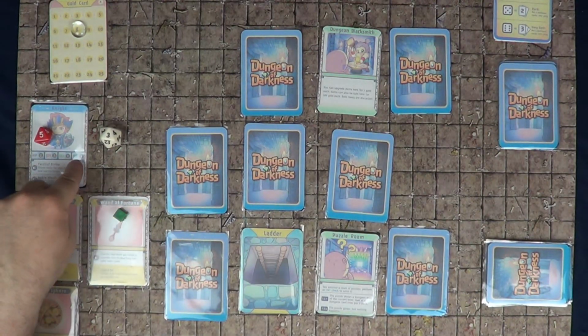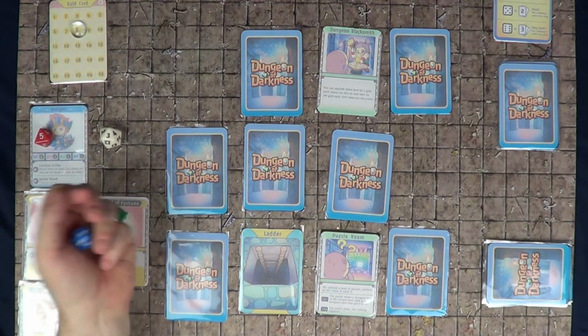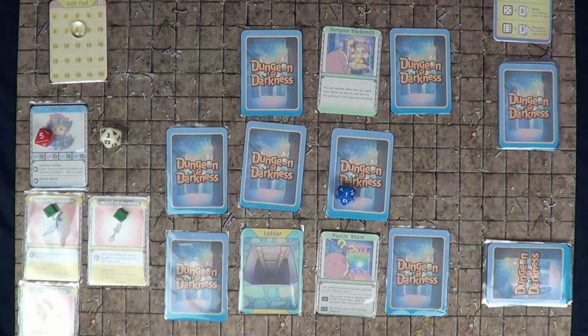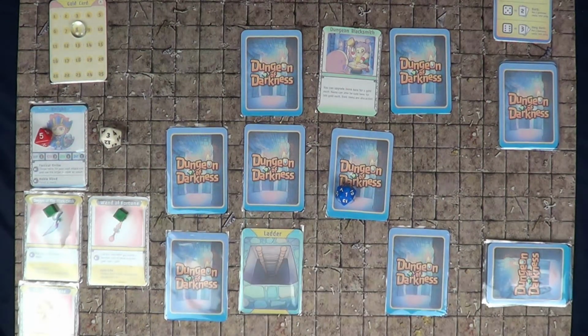And we can add 1 to our intelligence. So we need a 14 or more. We get a 1. So we see nothing. The puzzle glows, but nothing happens. Let's continue on